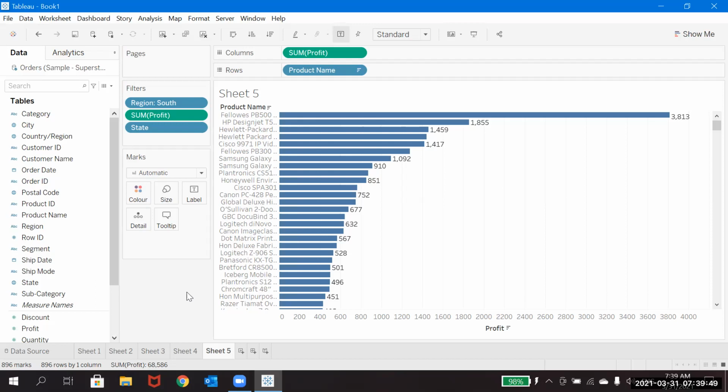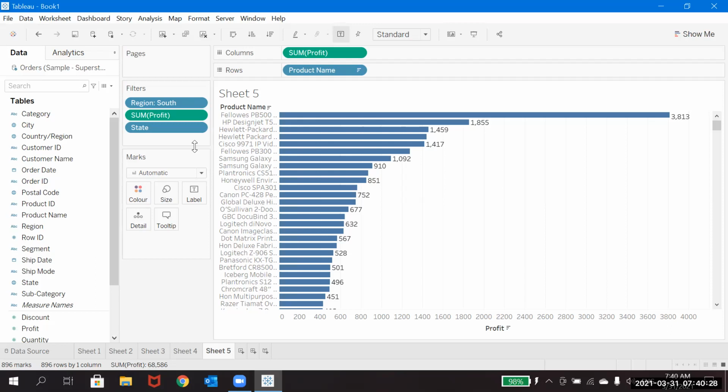Actually, when showing the client, we need to show only this one, right? Product name and the profit, and remove all the remaining filters? See, one thing is, let's say as an end user, I'm the person who just wanted to see this information. What I asked you to create is, I would like to see the product wise profit with respect to each state. I want to see it in the south region. Maybe you filtered for south region, that is fine.